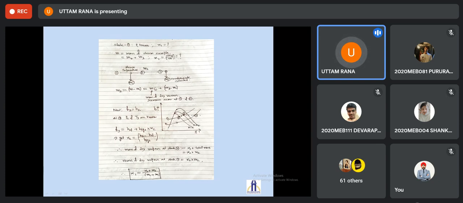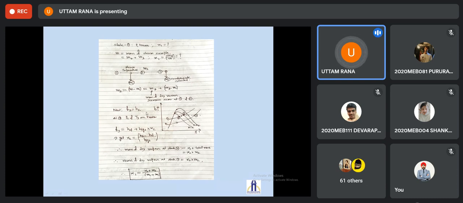So at state 2 we have the mass of the vapor which is also present at state 1, plus, out of this total mass, the liquid, which is equal to what was originally there, the moisture, minus the moisture which is collected at this separator, which is equal to M1. So M2 may be written as MV plus ML minus M1. MV is the mass of the dry vapor, which remains the same at state 1 and state 2.